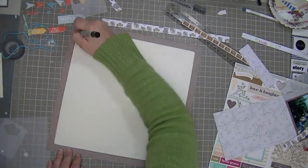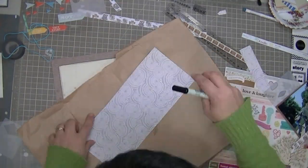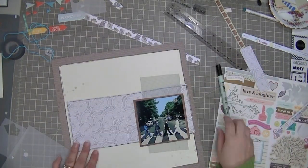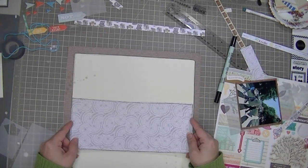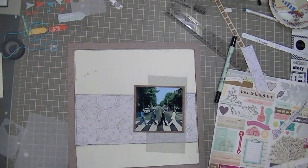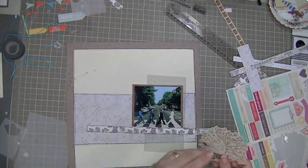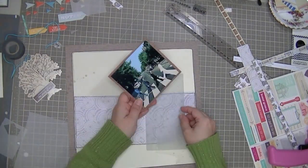I'm going to add some outlining on the outside of this layout just because I'm planning to do some outlining within the layout, so I wanted to make it look cohesive. And so there I am just outlining that piece of circular wonky paper. It's very retro groovy paper, except that it's not very colorful, which is kind of good because I didn't want it to take away from the photo. So there I am just outlining that Echo Park Everyday Eclectic strip that I'm going to use, and that will help tie in. These two layouts will go side by side, so I want to have a couple of elements